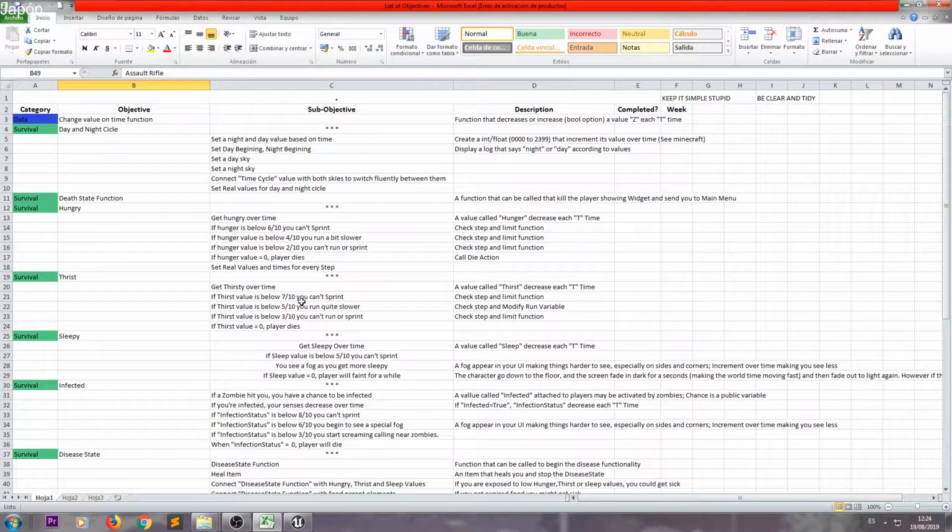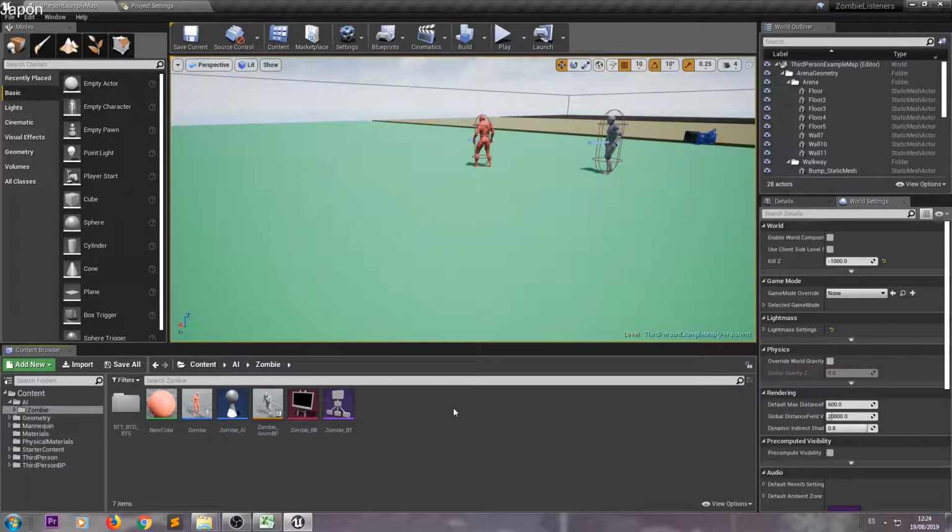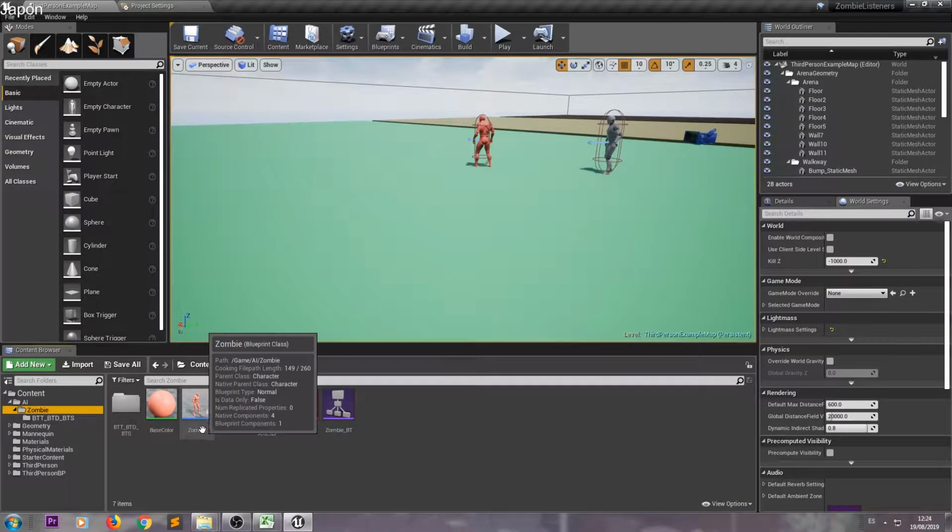So the third week was done before this, so this improvement will be in the next week, in the fourth week. But for now, let's explain what I did here in the third week. Well, this week was quite hard, because I had to learn lots of things about Unreal that I don't know. People don't explain it exactly how it is. But first, let's begin with